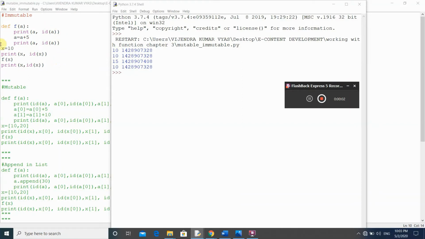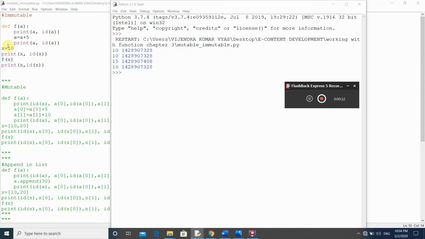Now let us see the behavior of an immutable argument inside a function call statement. So here you see this is a variable x in which the value 10 is assigned. That means this x is pointing to 10 value or where 10 is stored.